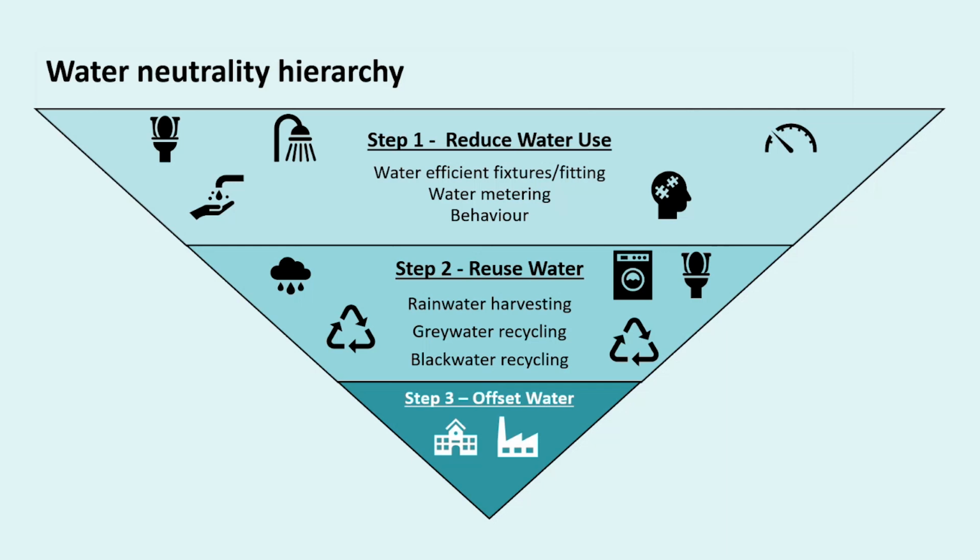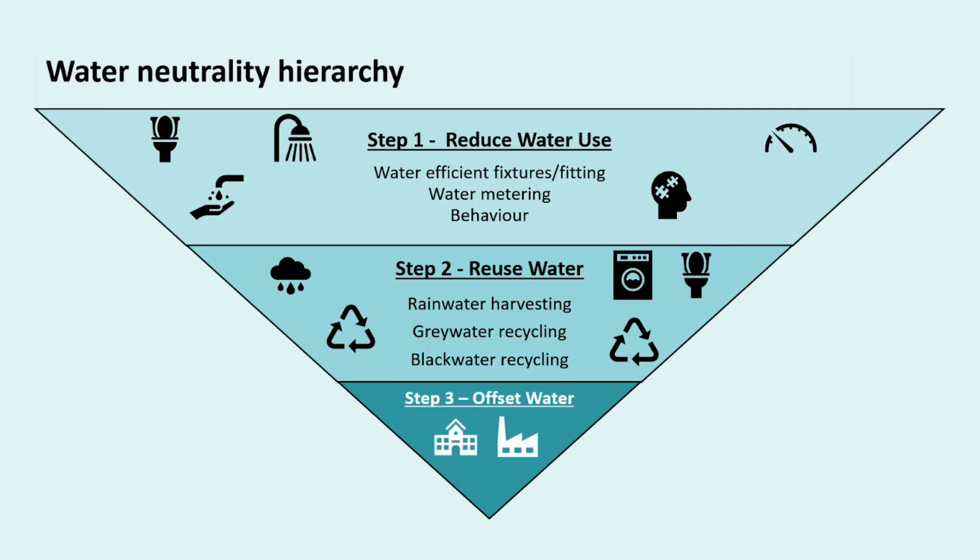With the addition of step two, maybe rainwater harvesting or grey water recycling, to provide a non-potable supply for toilets, washing machines and outside use, we can get down to around 55 to 65 litres per person per day. But that is really pushing it, and the acceptability of that to the purchasers and tenants of homes may become problematic and challenging. And so the remaining PCC must be reduced to zero in step three to bridge the gap to water neutrality. And that's where it gets really very expensive.